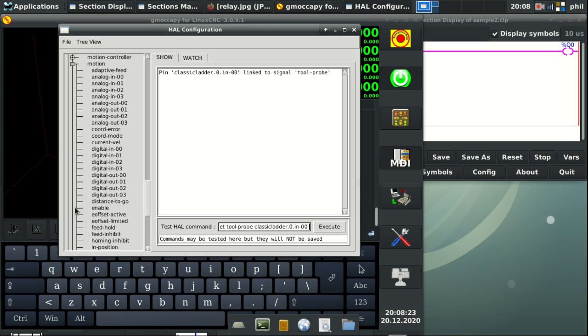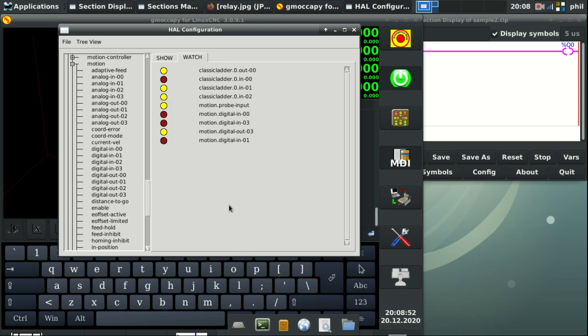We'll also net it to motion.digital-in-00. In the test HAL command, if you don't complete the net, as long as the name is the same, you don't really have to delete anything in the line. You would just add to it. And we would see here,